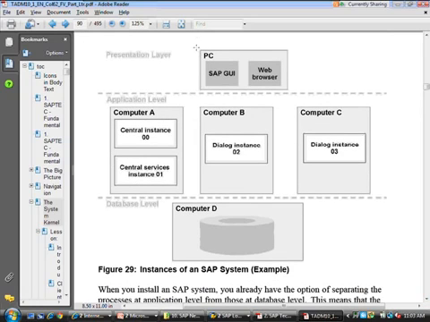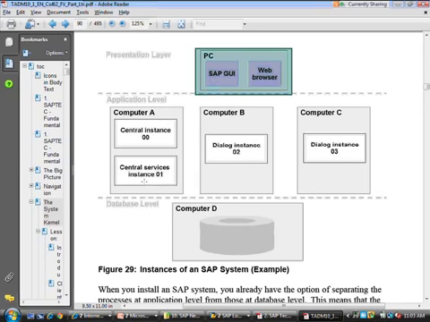So this is your PC. Actually, this is what most of you are using today in the class or remote, your laptop or your desktop. You're running SAP GUI on it, and you probably have a browser on it as well. To the ABAP stack, you're going to connect using SAP GUI. To the Java stack, you're going to connect using a browser. And in this case, there are how many instances? 1, 2, 3, 4 instances of SAP running.